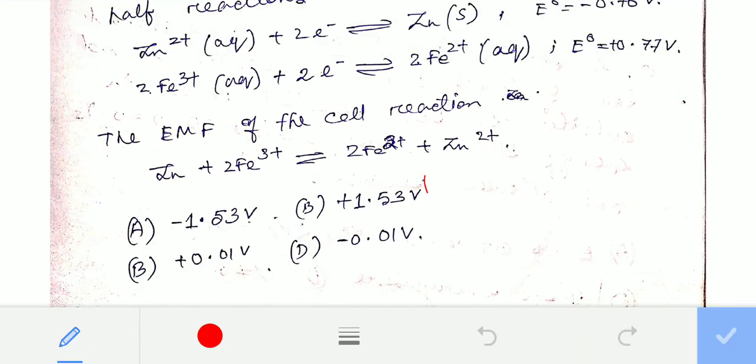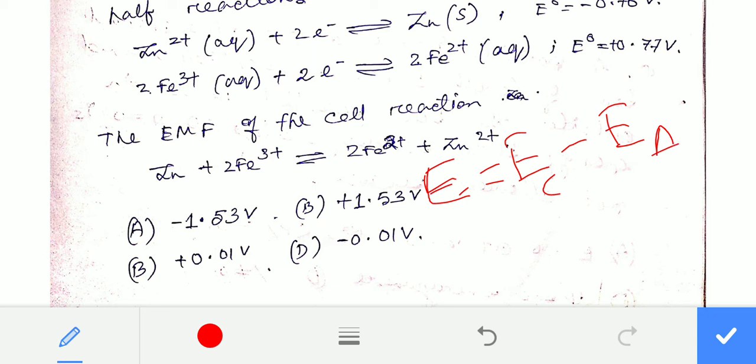Now we know that the EMF of the cell can be given as E cathode minus E anode. This is the expression through which we can calculate the EMF of the cell. Now E cathode: we always consider the larger value in terms of reduction potential as E cathode, and the reduction potential with the lesser value as